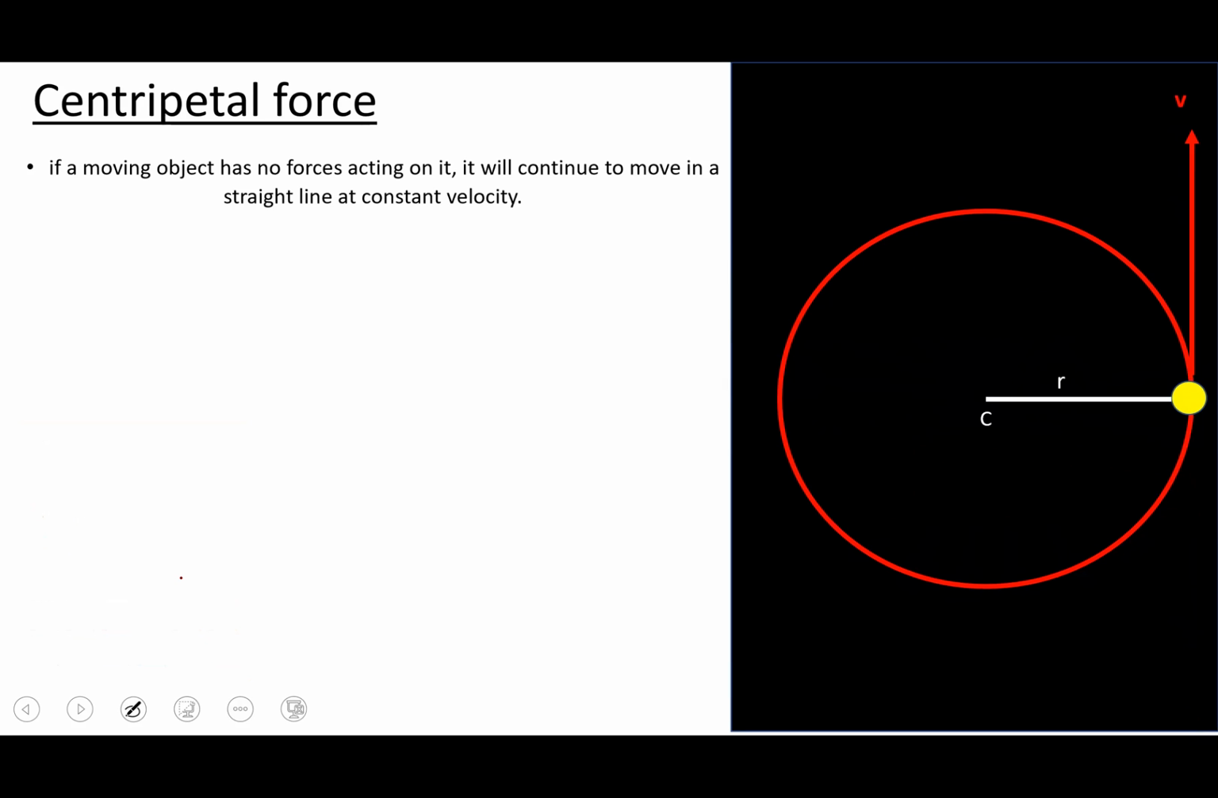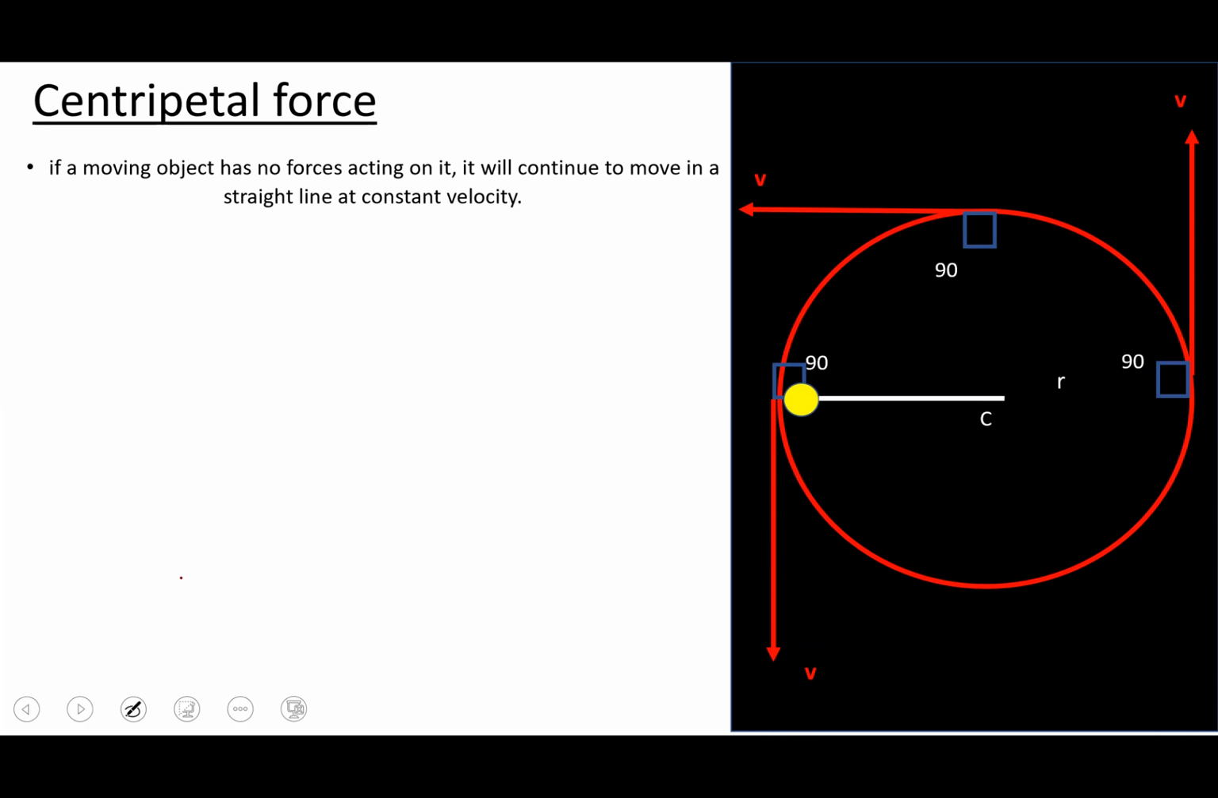If we leave the ball at a certain point, then it will keep on moving in a certain direction with a velocity v, which is making a tangent at that point, making a 90-degree angle with the radius. If we move the ball by 90 degrees, again it will make a tangent at 90 degrees with the radius. Again, in this case, the velocity makes a 90-degree angle and a tangent with the ball at each and every point on the circle line,